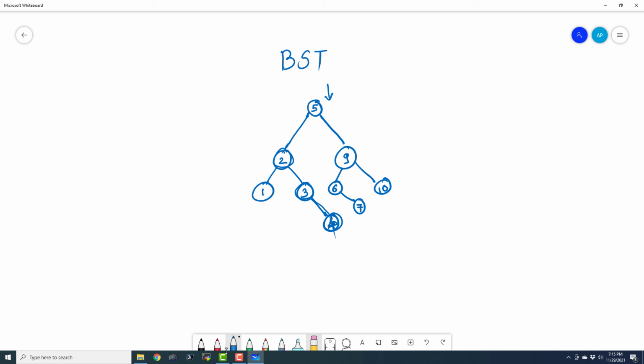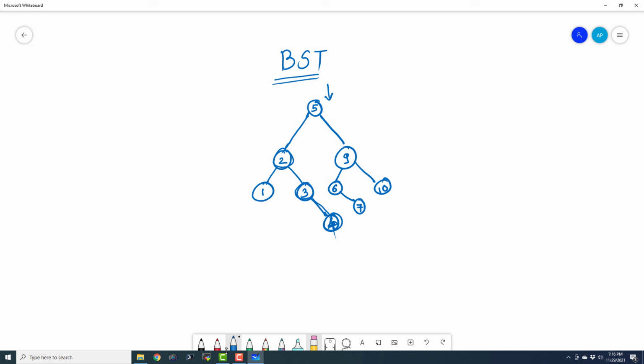Okay. And even after the search, if I don't find anything, it means that the element doesn't exist in the entire tree. So you must have heard of binary search. So binary search follows the same principle, and basically it goes through the search process in a binary tree related path. Okay. So you can actually build a binary tree, and then you can implement the binary search in a recursive way or even in iterative way on that particular tree. So the tree that is built for the binary search or for optimizing the search of an element in a binary search pattern is known as binary search tree.